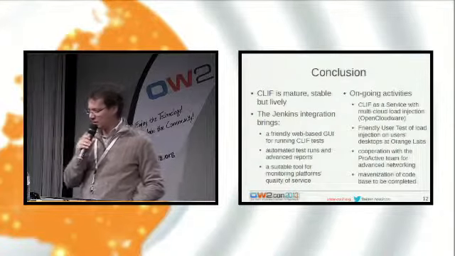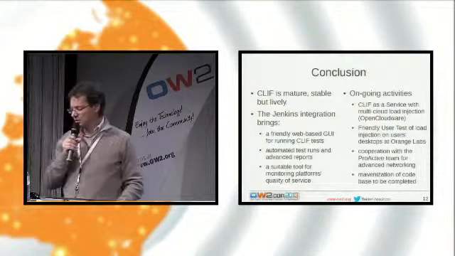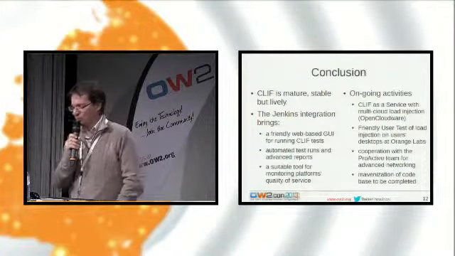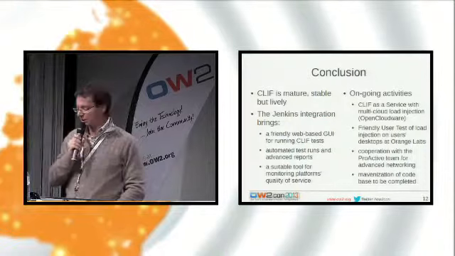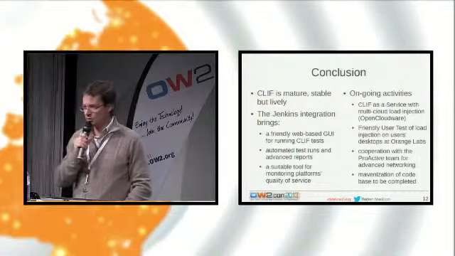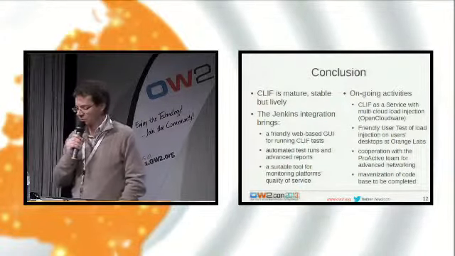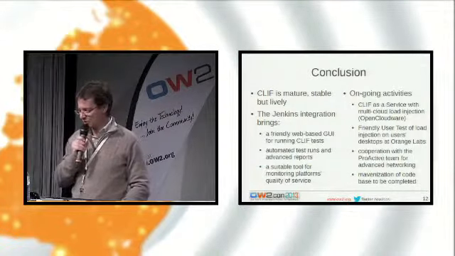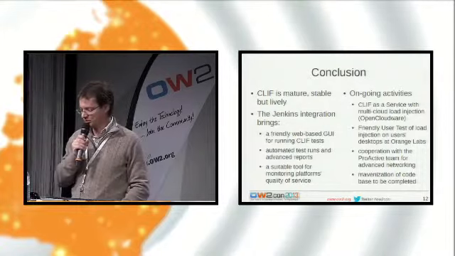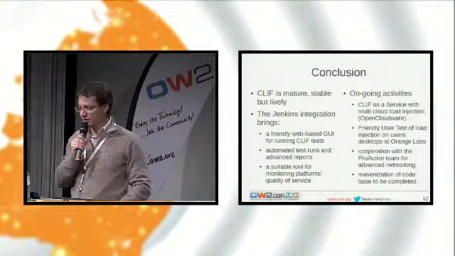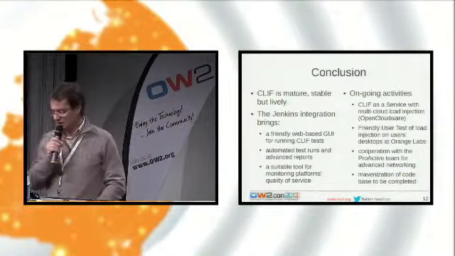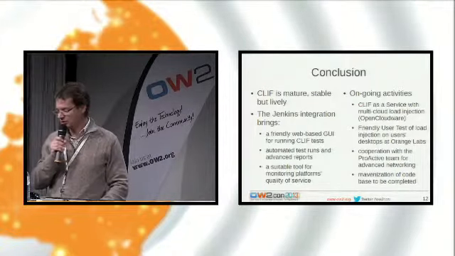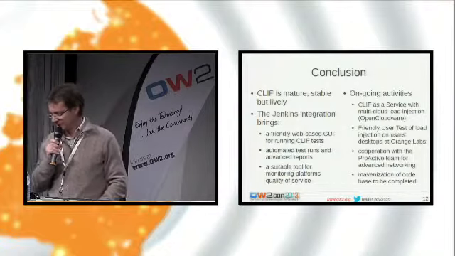So to conclude now, I would say that Cliff is a mature and stable project. Probably the people who are working with Cliff notice that there is only one major release per year, but it's just that it does what it's supposed to do. So it's very stable, but it is still lively, as we see through all these experiments about using Cliff with cloud or using Cliff with Jenkins.